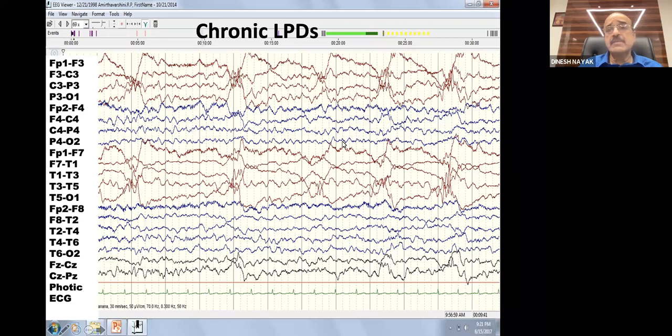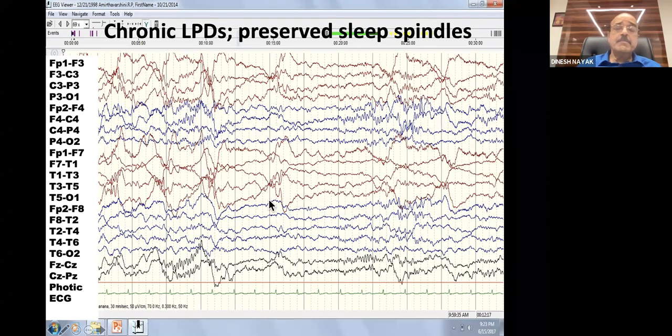And in sleep, you can see very nice sleep activity. The spindle is very nicely seen on the non-affected right hemisphere. The affected left hemisphere is not expressing the sleep activity much, which means that that hemisphere is damaged. And so that means the brain has got an old injury, nothing new, but the patient has PLEDs on the left side. And the normal right hemisphere is showing normal physiological activity. So that's a very important point. So you can get chronic PLEDs sometimes. You can see that the left-sided PLEDs are going on. The right side, you can see the spindles very nicely expressed.